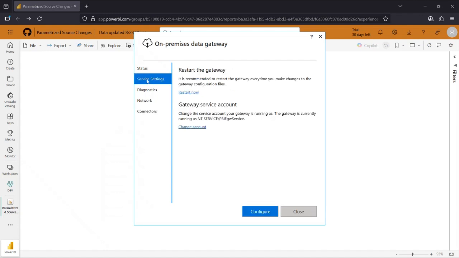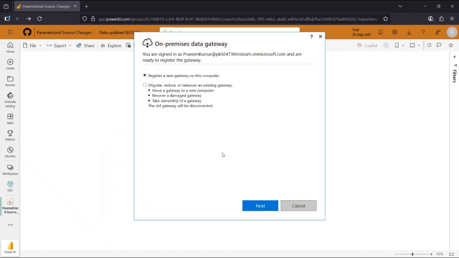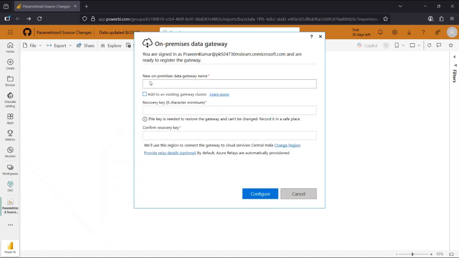Now in service settings, in status, you will see here the gateway was not found. So in the status, you need to configure it. So I'm just configuring and registering a new gateway on this computer. Now here I have to give the name of my gateway. So I'm giving here the MySQL name here,